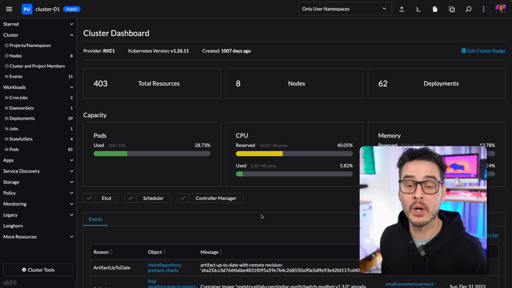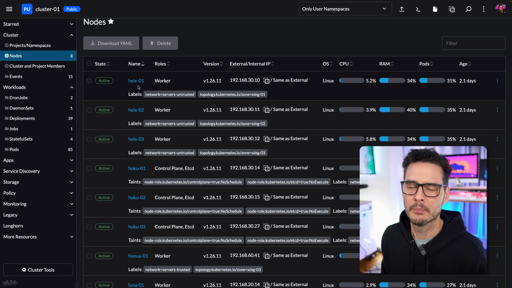But I run a ton of workloads in Kubernetes. As you can see, I have 85 pods running in the user namespace. So those are all pods that I put there. A lot of stuff going on in here that we'll talk about here in a little bit, but I do use Kubernetes pretty heavily.